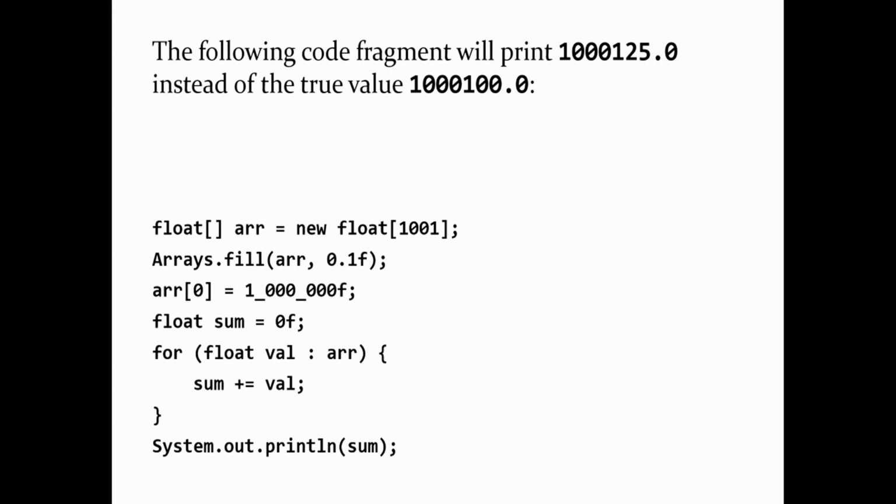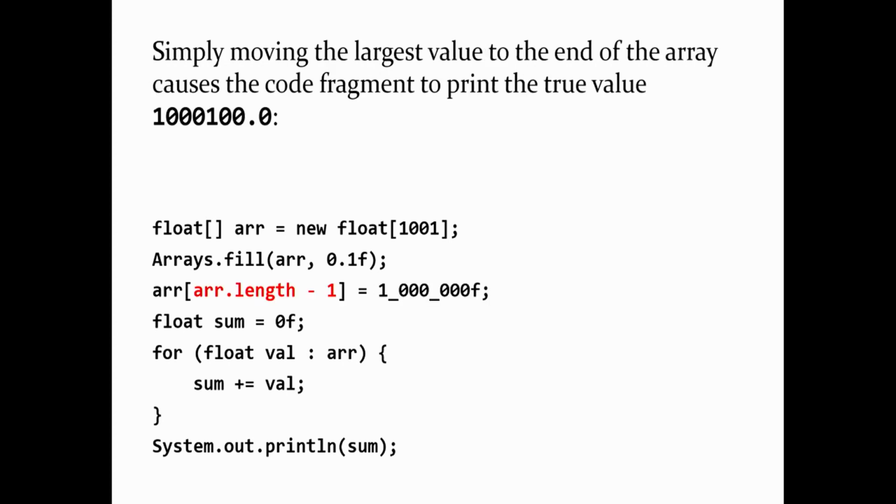You can fix it in this case. All you do is you stick the million at the end of the array, and put all of the 0.1s, all the smaller values, at the front of the array. So when I move that million to the end, if I move that to the end over here,